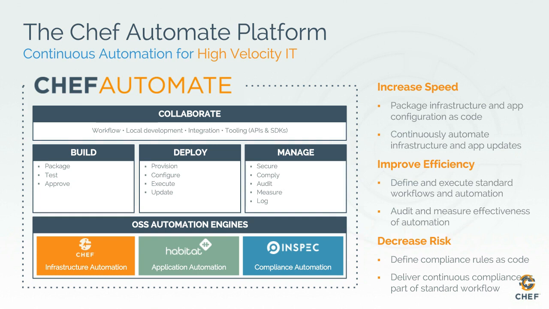Now, what's interesting looking at this slide and comparing it to the slides that Matt has presented, we're seeing very similar outcomes that our customers are looking to achieve by using technology, by being software companies, right? So increased speed, improved efficiency and decreased risk, right? And if you remember that slide from Matt, he had agility, cost savings, and security and differentiation as being the key outcomes that customers seek. And you can see we're aligned there.